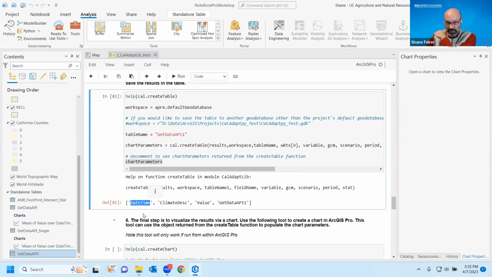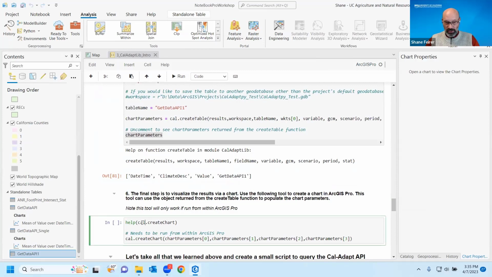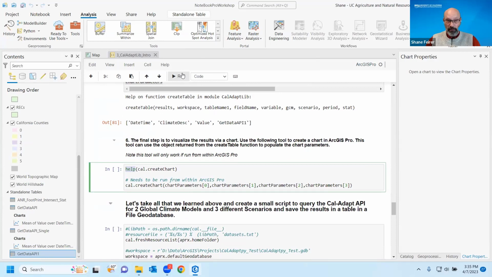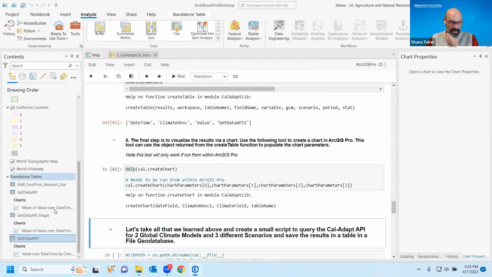So it knows that the field is date time. What we want to use for names or for splitting is climate description, what value we want to use, and then the other variable we're going to need for charting, the table itself. So if I go in now and create the chart by using the create chart, and notice I'm using the help, it'll tell us what parameters it's looking for. Once again, the help says the date field, climate description field, climate field, and table name. So I ran that, and now we have a chart